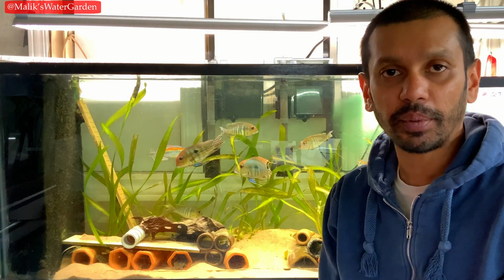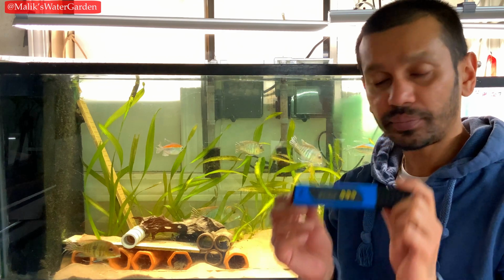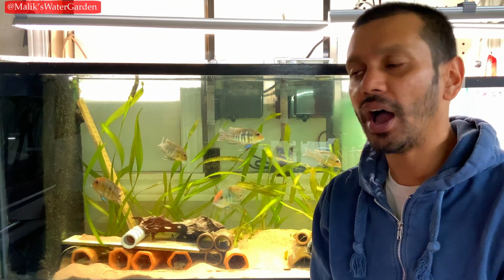Each test takes quite a bit of time, right? What I like to do is use one of these. It's a TDS pen. It gives you a number of your total dissolved solids. Now, I use this thing